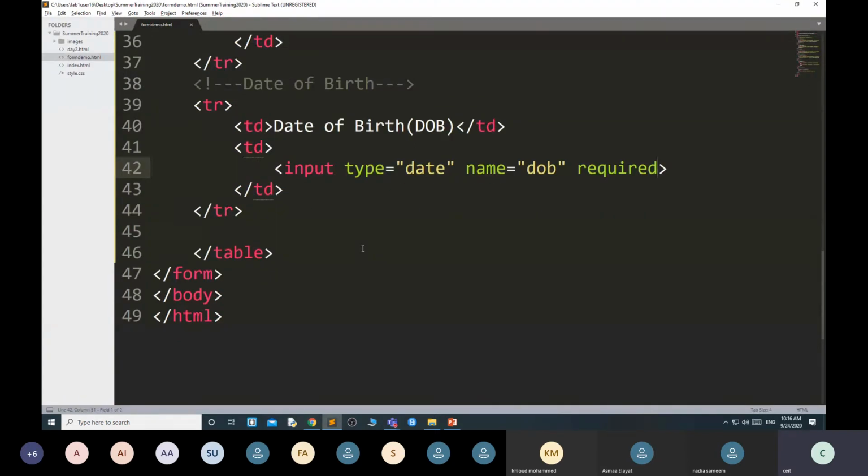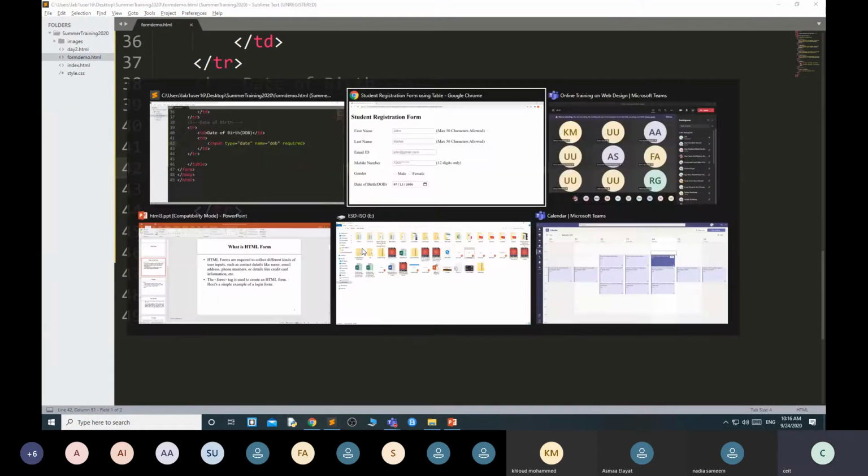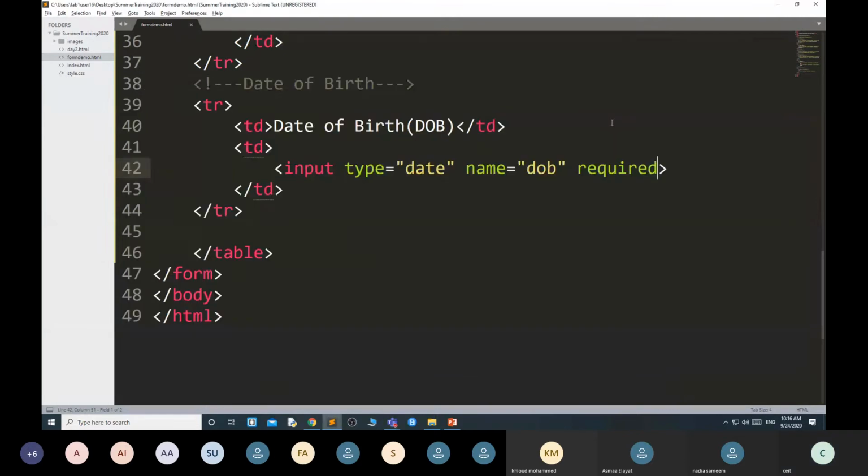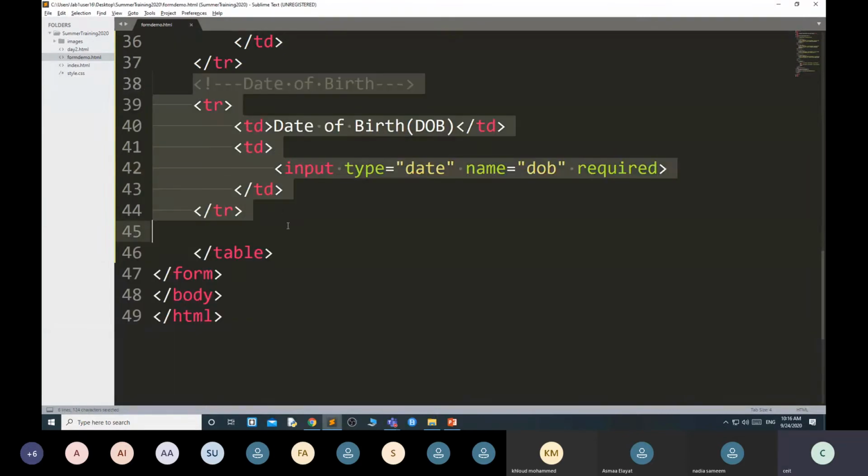Date of birth, input type date. Then address. Wherever you can't understand, just ask me.